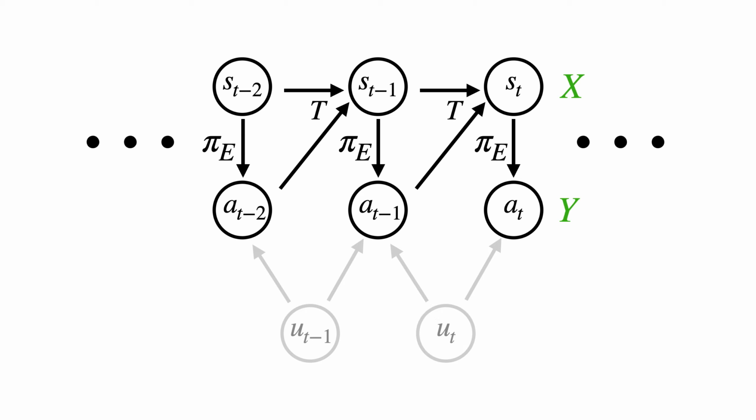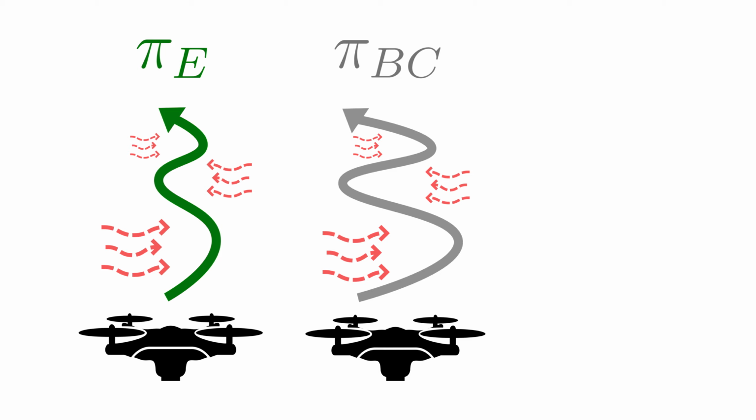This means when we try to regress from states to actions, standard approaches will produce inconsistent estimates of the expert's policy. This is because the confounding travels through the dynamics to influence the next state, leading to spurious correlations between recorded states and actions. The learner might then latch onto these spurious correlations to explain away the effect of the confounder by misattributing it to some element of the state, leading to poor test time performance. This is what leads to the increased swerving in our quadcopter example.